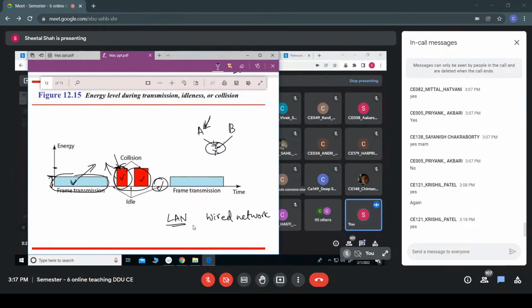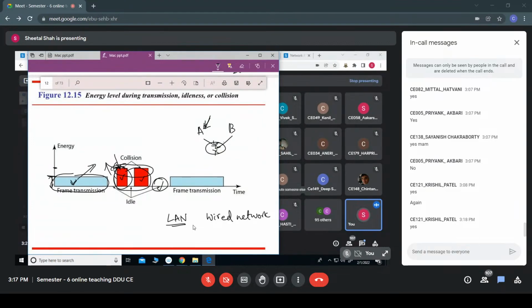If B has also transmitted meanwhile, there would be very little variation of the signal even if there is a collision. As in a wired network, the energy level of the collided signal would be too high. But in a wireless network,